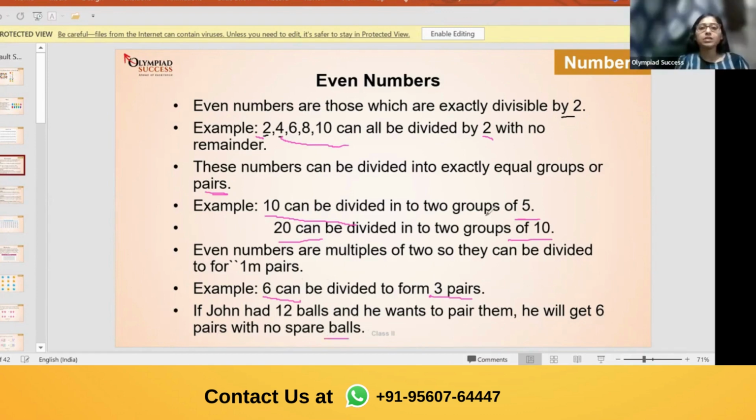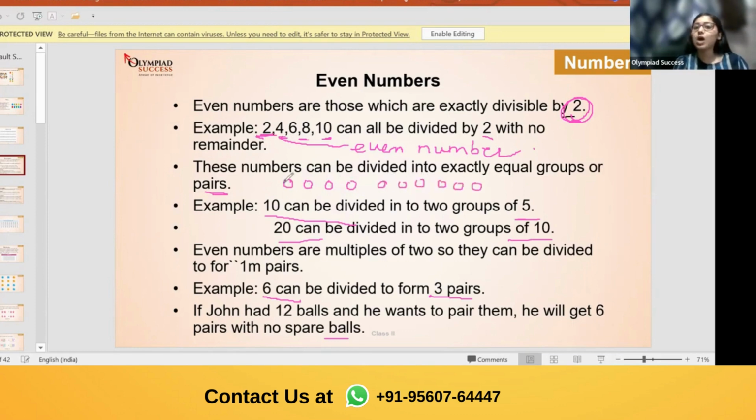Thank you. So basically even numbers are divisible by 2 and the last digit of any even number is 2, 4, 6, 8 or 0. For example, as I said, if we have 2 pairs, that is even. And if I am left with no pair, that is odd. For example, if you have 10 balls, 1, 2, 3, 4, 5, 6, 7, 8,